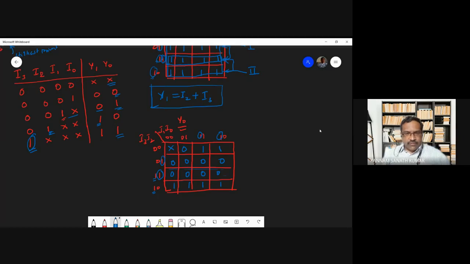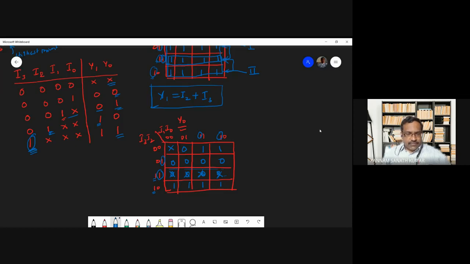So okay, there will be some contradiction. Okay. So that means you can consider this as don't care. Okay. So that means when you are making I2 equal to 1, you are getting this cell as 0. And when you are making I3 equal to 1, you are getting these cells as 1. So that means there will be some contradiction. So you can make whatever the zeros and ones to don't care. Okay.